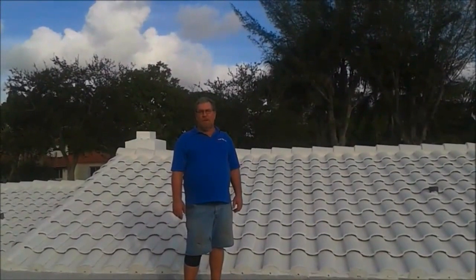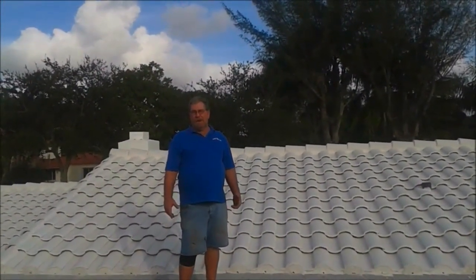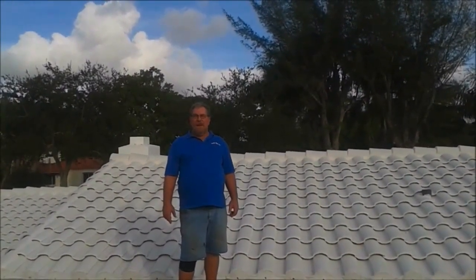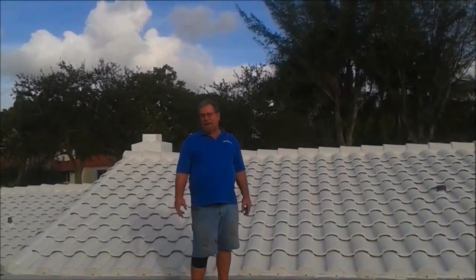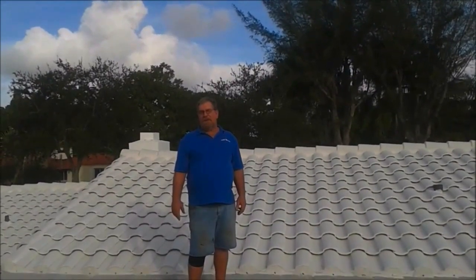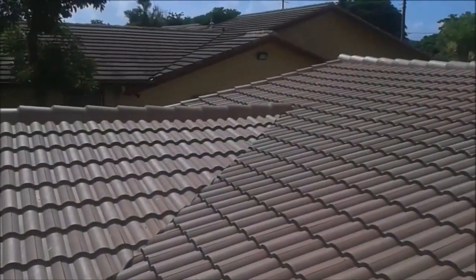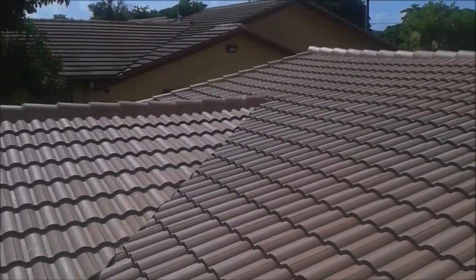Ask me what the most important part of a roof is, I would say flashings. But what we're doing here is talking about what's uniquely important about each system. With tile, the flashings are really important, and we're going to touch on that a little bit. But what's uniquely important about a tile roof is the underlayment. We get a lot of calls for tile repairs, and the number one reason is flashings and the failure of